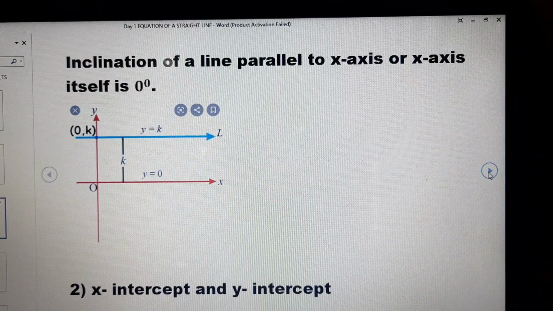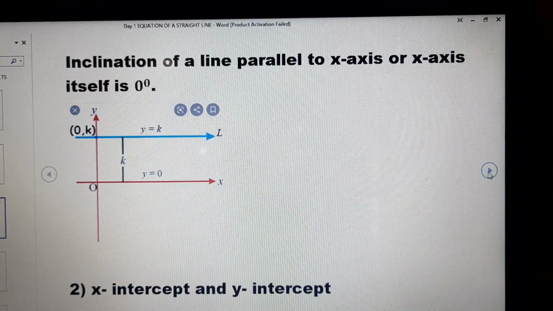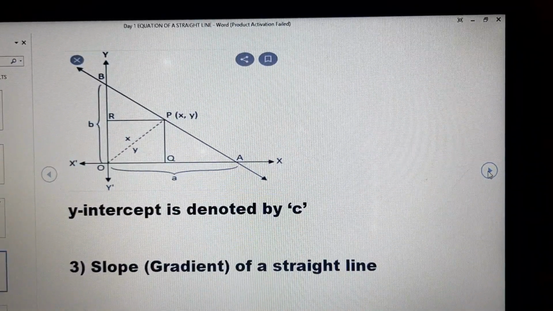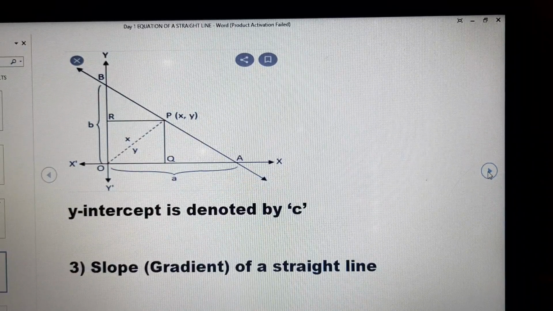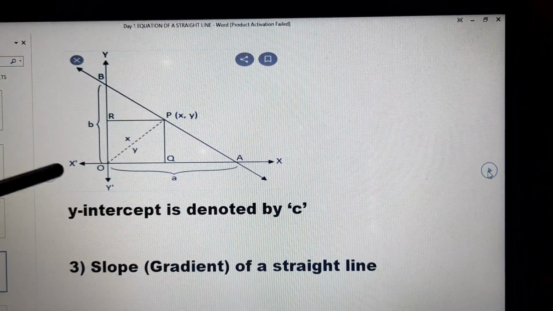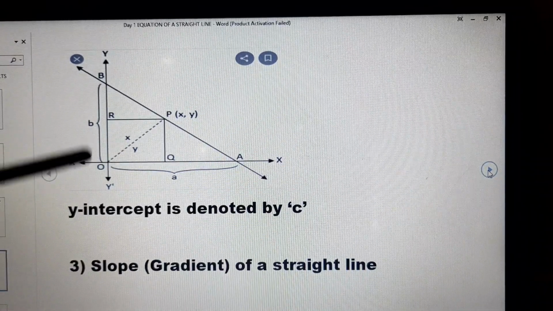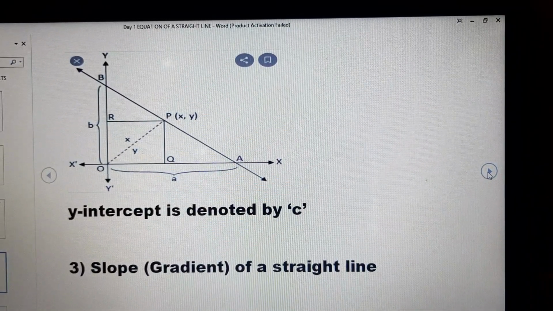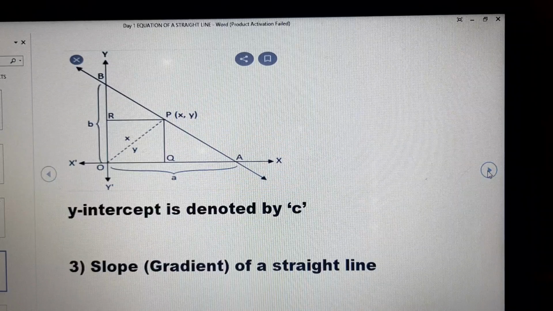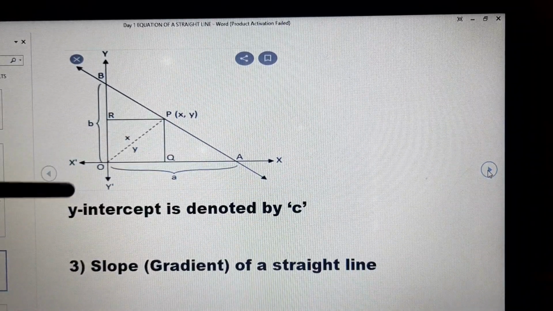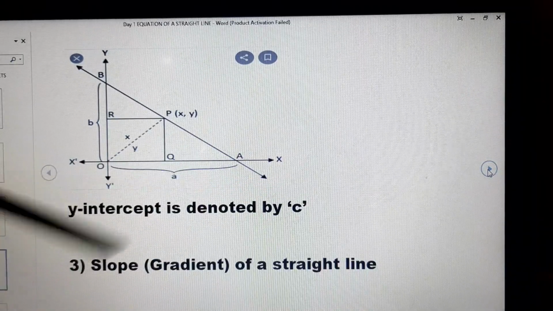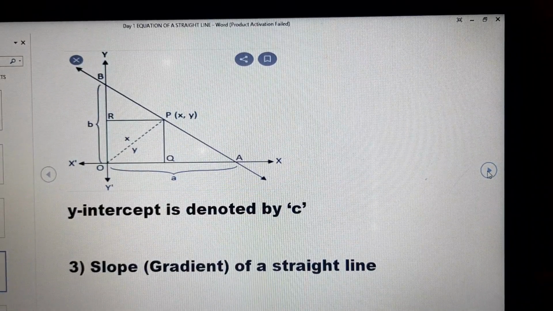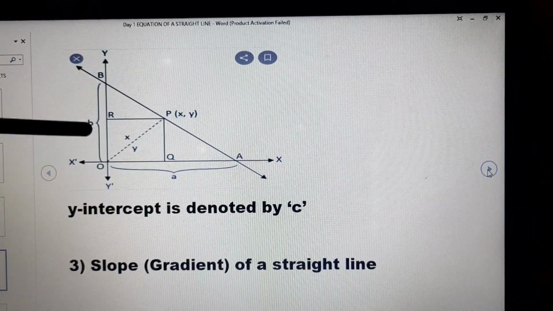Now, second term which we widely use over here, it is x-intercept and y-intercept. What do you mean by that? Here is the diagram. You can see I have taken a line. X and x dash is the x-axis, y and y dash is the y-axis, and this is the line. AB is the line. AB is a line segment. If I see that AB has intercepted, or we can say length of OA is A. Length of OA is A and length of OB is B.